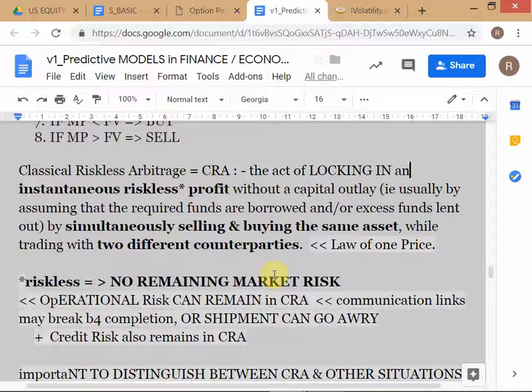Okay? So until the actual settlement date happens, you have not really earned that profit, in the cash sense. You have not earned it, but you have locked it in, assuming that no mess up happens on credit risk or operational risk, then you will earn it. Is this clear? This is what is meant by locking in. So merger arb is not CRA, right? Is everyone clear about that now?